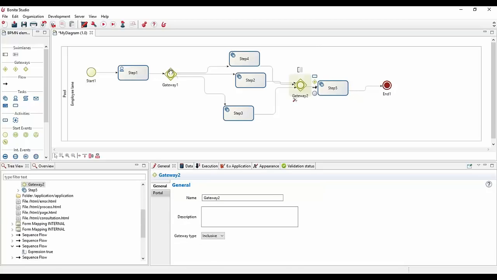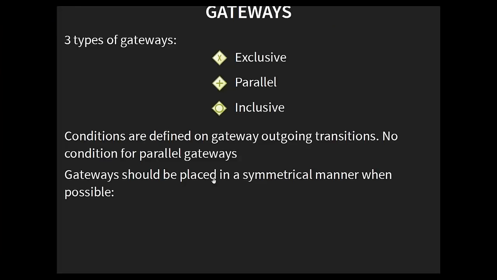So here you see we have symmetry between the two gateways. One is what we call an outgoing gateway, and the other one is an ingoing gateway. Everything is going out of this gateway, and then you have multiple transitions, and these transitions are coming back to the same kind of gateway to make sure that it's performed well in the engine. That's part of the best practice that you need to know. And this is something that we said here.